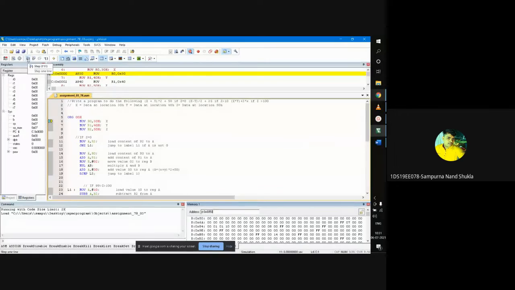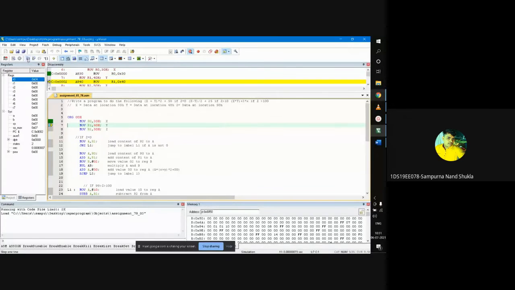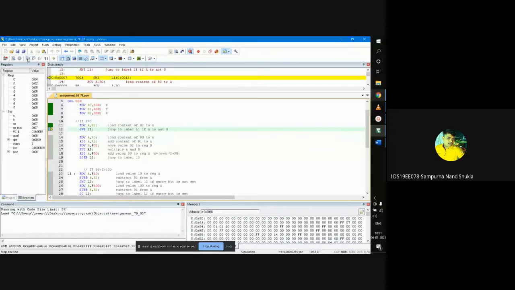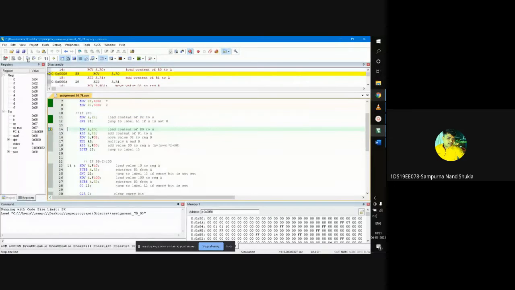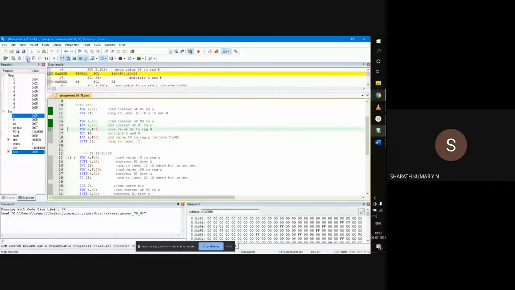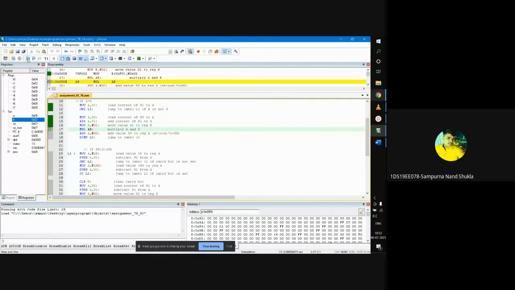I'll run it step by step. Firstly, data gets stored in R0, R1, and R2. Then it will check the condition, whether z is 0 or not. If z is equal to 0, it will move inside the loop. It will move the data of R0 to the accumulator and add the value of R1, so it does X plus Y. Then it will move the value 2 to B and multiply, so X plus Y into 2 gives the result.